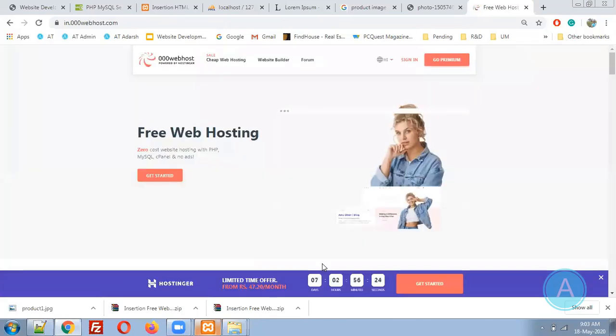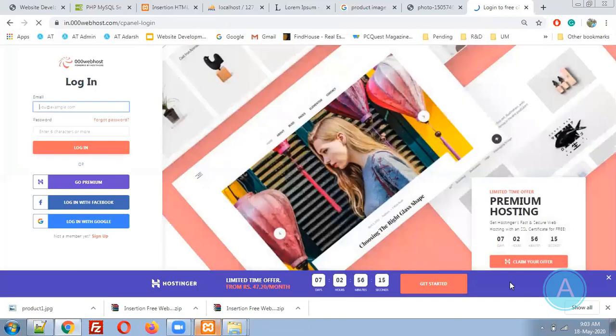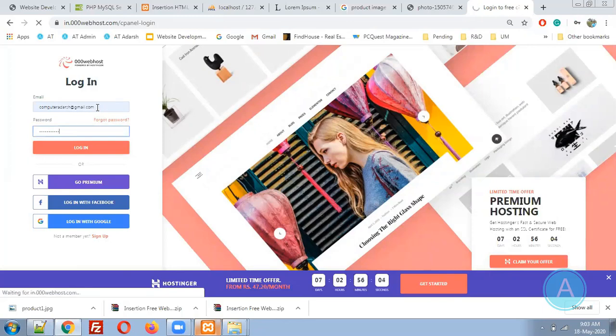So I am opening this particular websites. I am going to the signing. You need to go to the create that particular websites. I am going to the sign in part. I am using my email address. I am logging as I have already created my accounts. So you can go with the signing, you can create your own accounts.